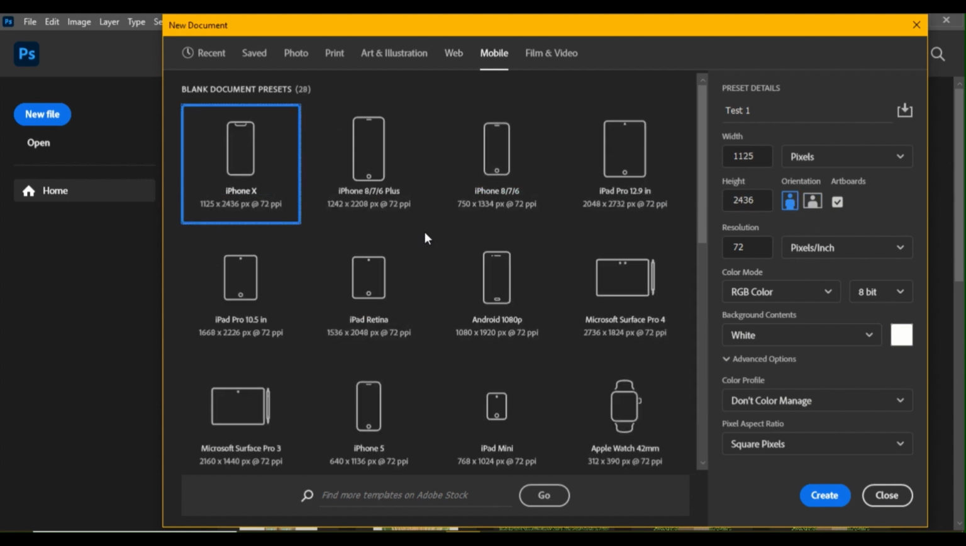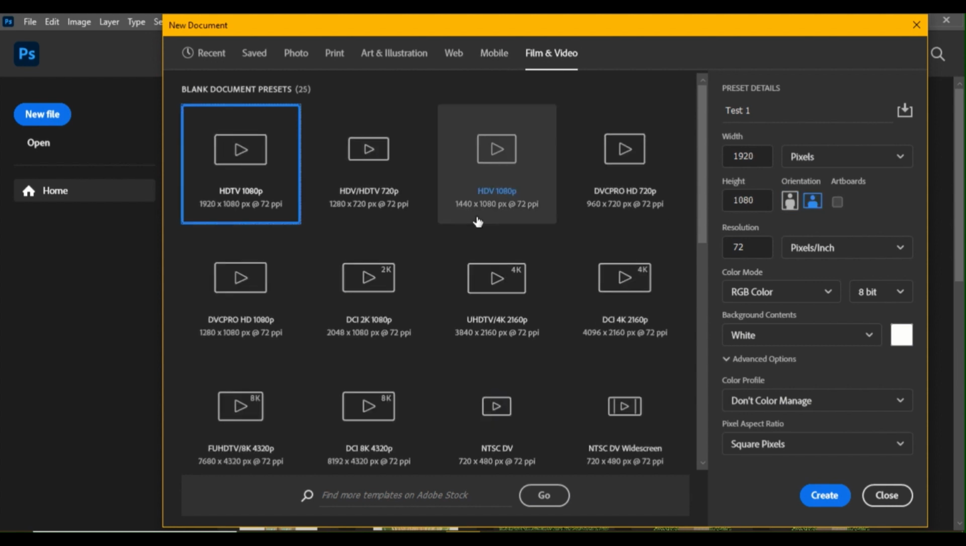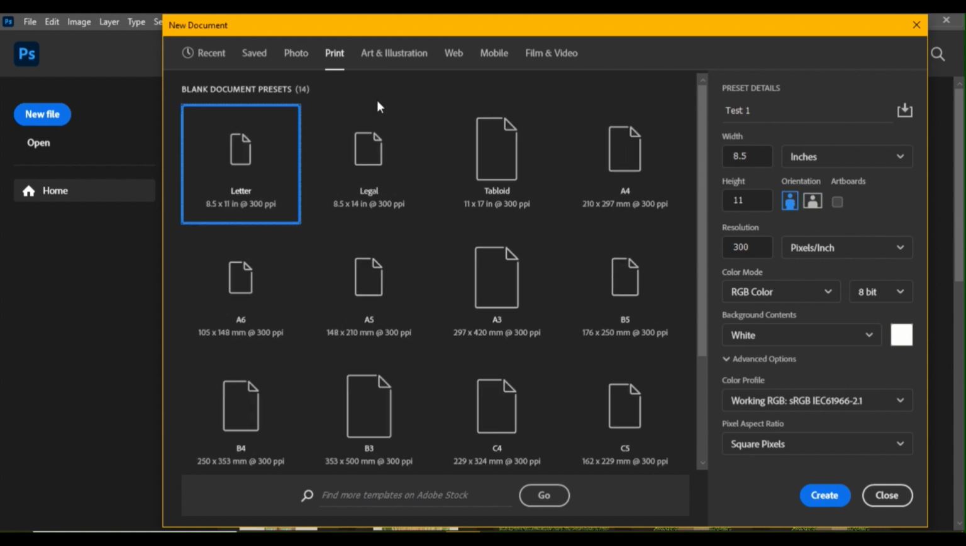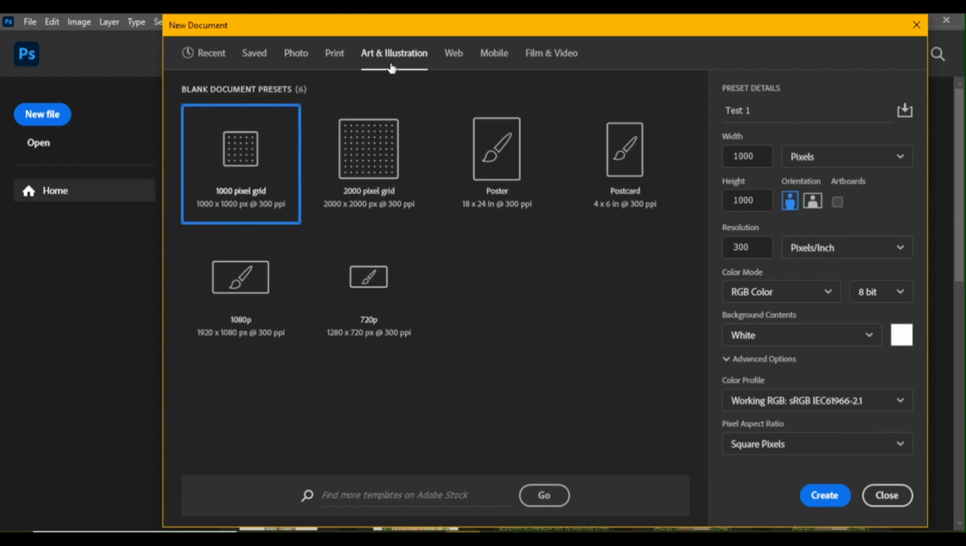Same goes for the mobile and the film and video. These three are really not the focus of this course, so we won't really go into details for them. But going back to our main one, which is going to be either photo, print, or illustration, and art, of course. Okay, so for art and illustration, you can create a poster, you can create a postcard, you can create